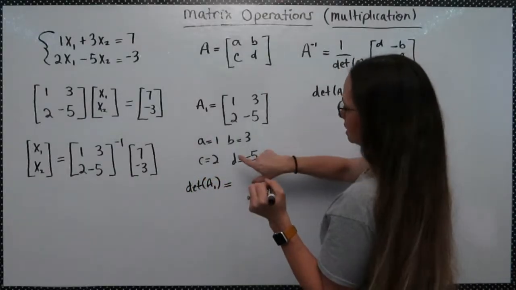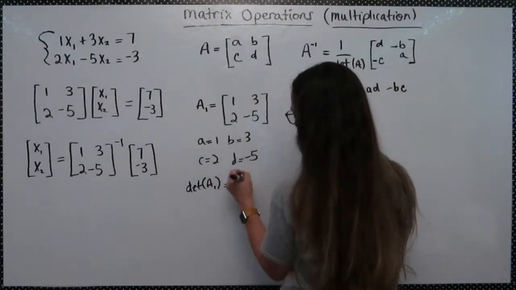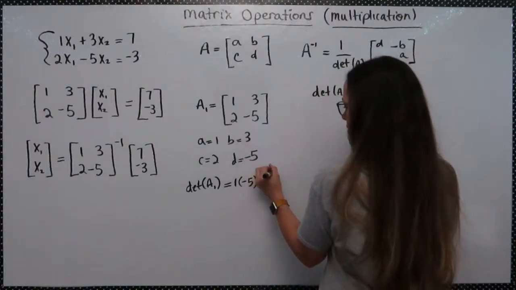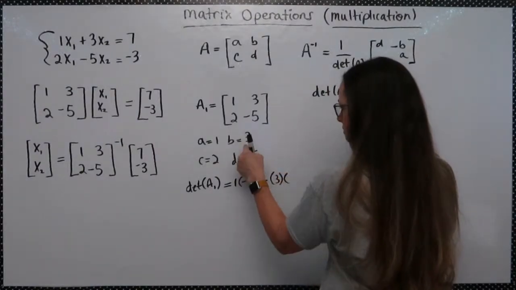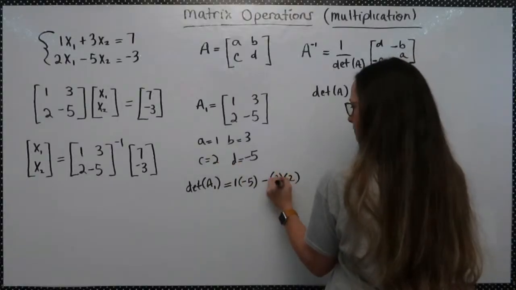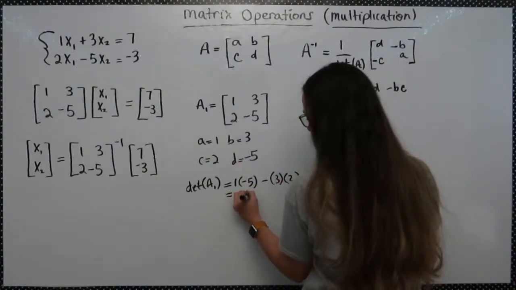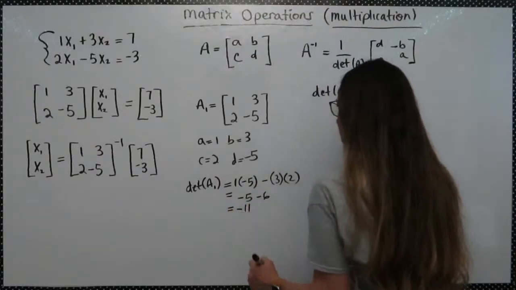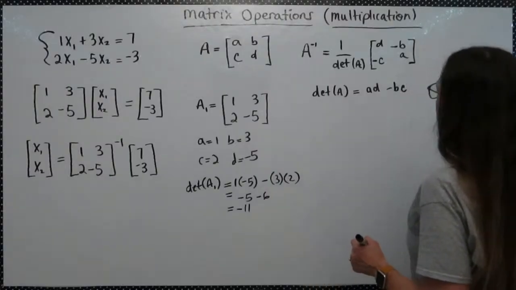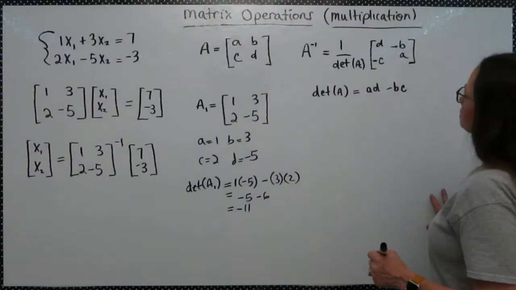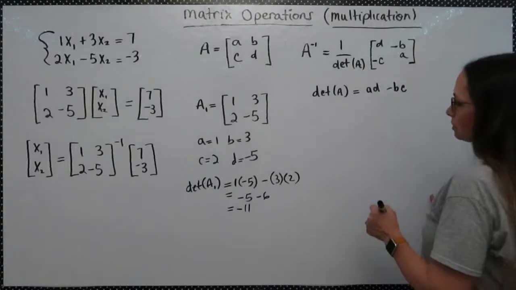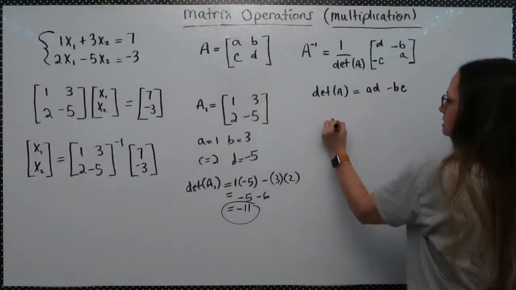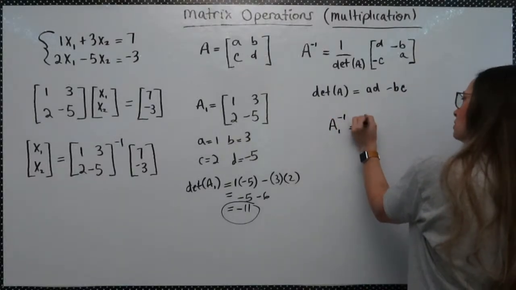We've got A times D. So it's 1 times -5 minus 3 times 2. So 1 times -5 is -5, and 3 times 2 is 6. That's -11. And then we're going to use this value. So A inverse equals 1 over -11